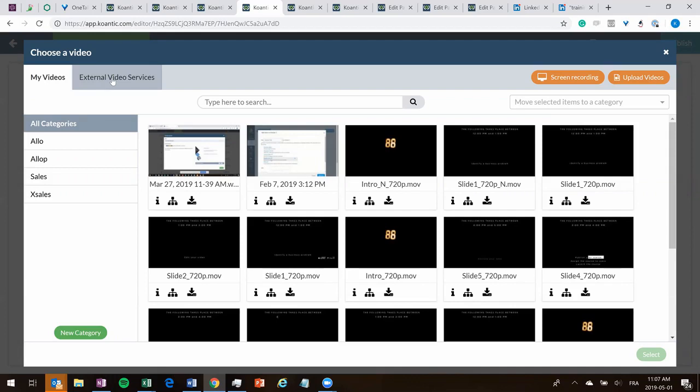But the key difference is that in Koantic, you can put videos like YouTube, which you can do in other applications, but you can add all of our types of interactions on top of Brightcove videos or Vimeo. So that's as far as getting videos from any types of sources that exist today. You upload your own in one, or you can batch upload videos. If you have 40 videos that you want to batch import in,